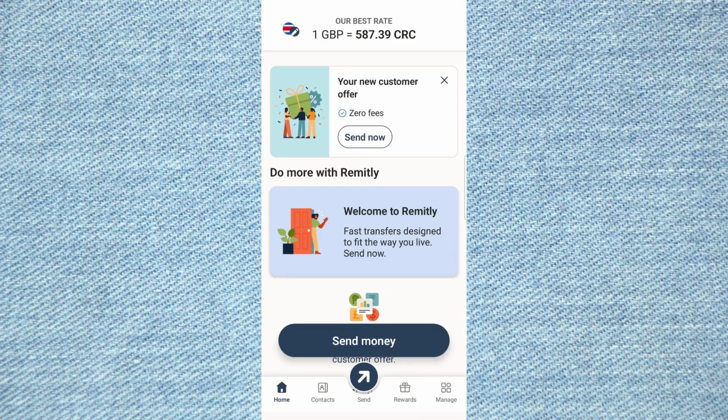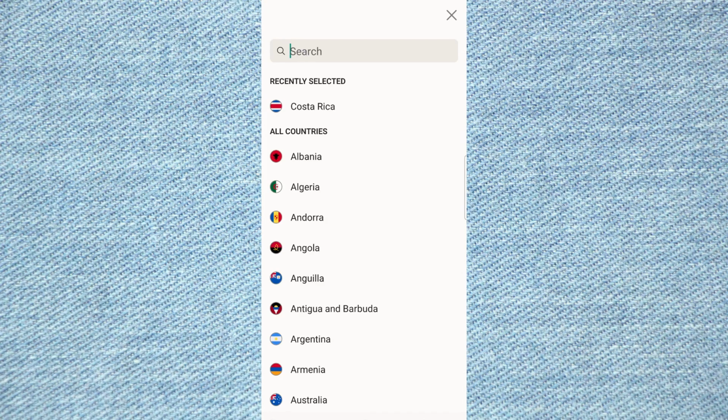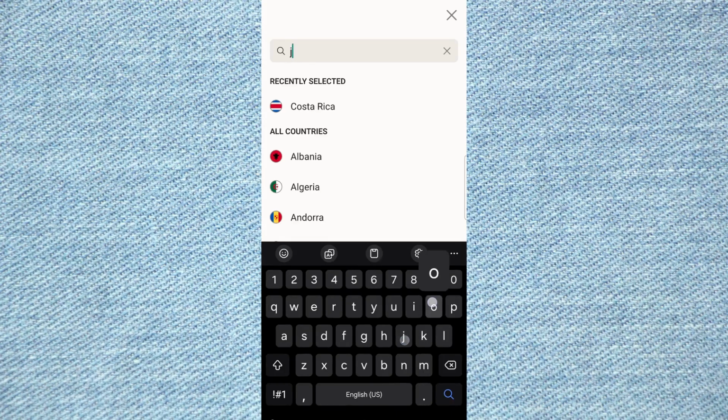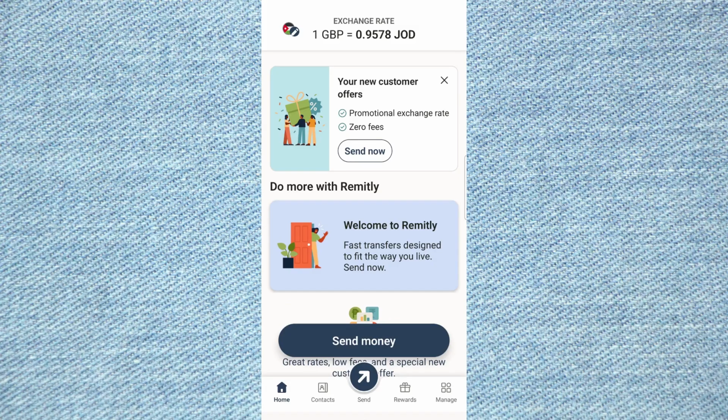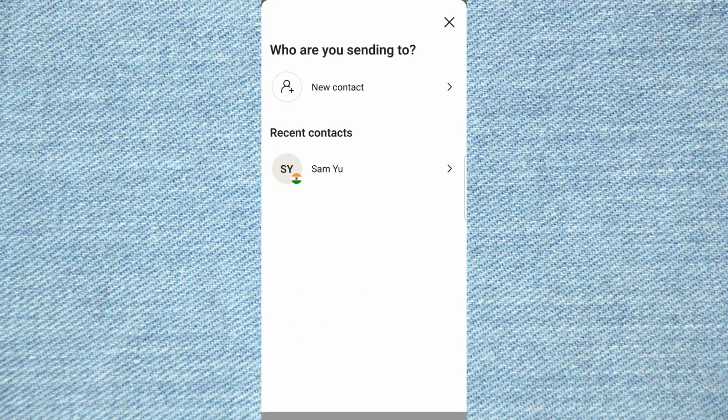This step is important because it sets Jordan as the destination country, which makes sure the transfer options, delivery methods, and required details match where your money is going. After selecting Jordan, go ahead and click Send Money. This will open the transfer setup screen where you can begin entering the details for your transaction. At this stage, Remitly will guide you through the information needed to complete the transfer, so just follow each screen